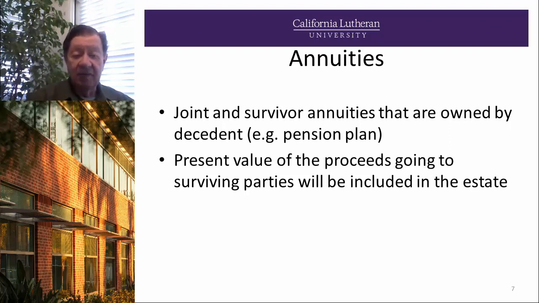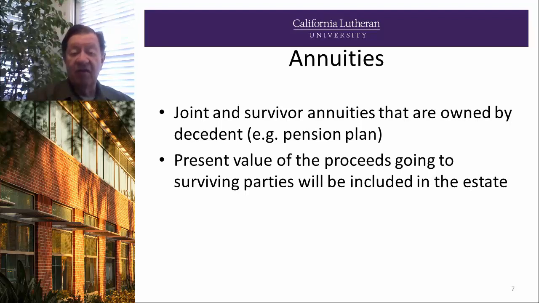Well, that part of the plan that was associated with the surviving spouse would be included in his estate. Likewise, if he was not married and it was his daughter or his son, or maybe his daughter and son, that would be the survivors, depending on the type of policy and the number of survivors he could have. Again, anything that was related to a son and daughter still alive when he died would be included in the estate.